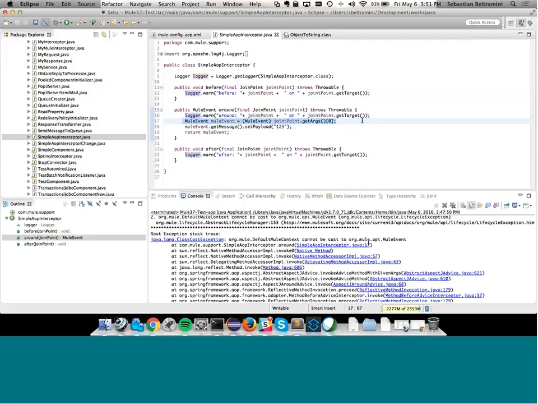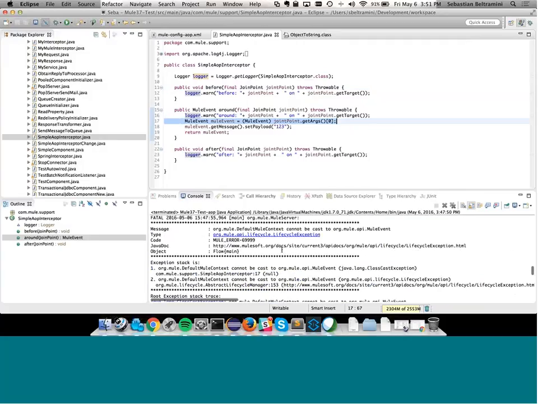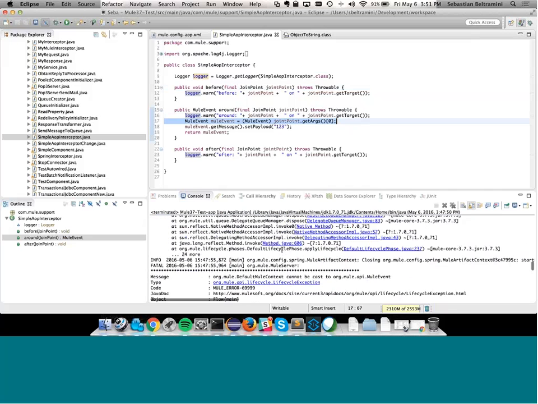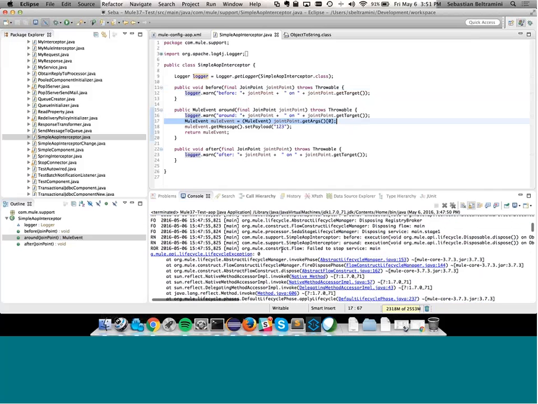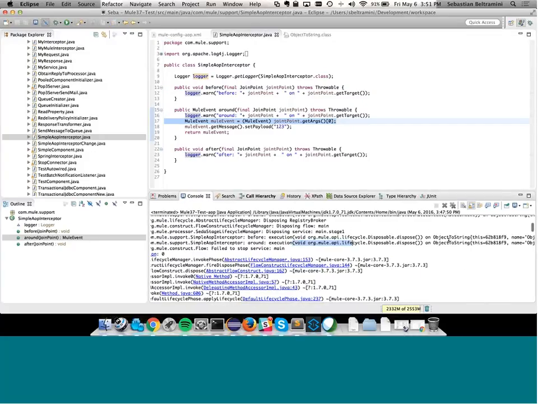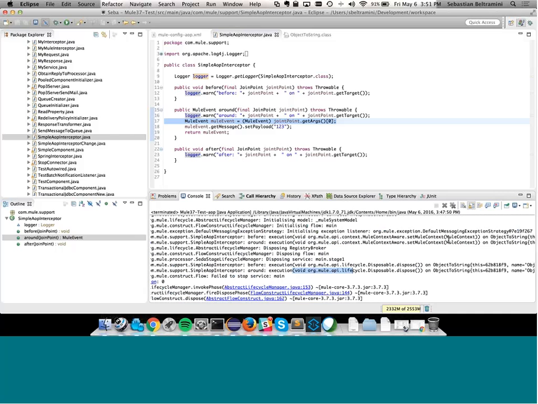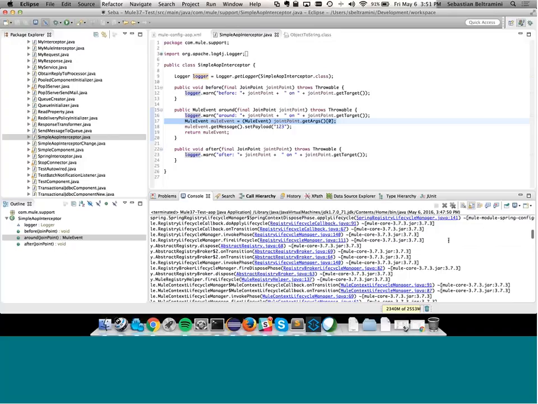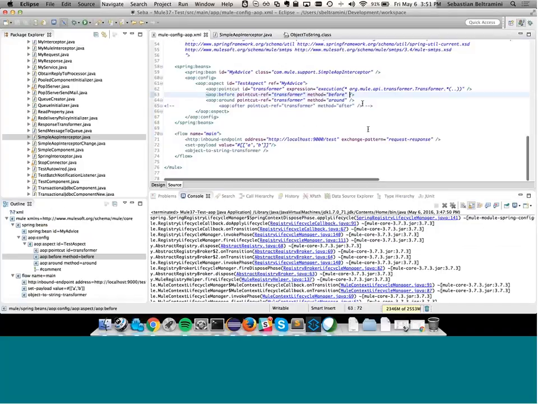So let's put a break on here. Actually, it should be somewhere here. Yes, here. It's trying to do a dispose on object string. That's why it's failing. So you can debug this and see what method. That's what happened, and that's why I constrained it and I used the process